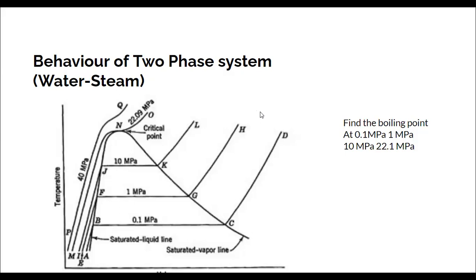The properties of the steam are tabulated in the steam tables, and it is a good idea to know how to use the steam tables. Steam tables are the tabulated properties. They are arranged in tables, the properties which we discussed, including the specific enthalpy, specific volume, and the saturation